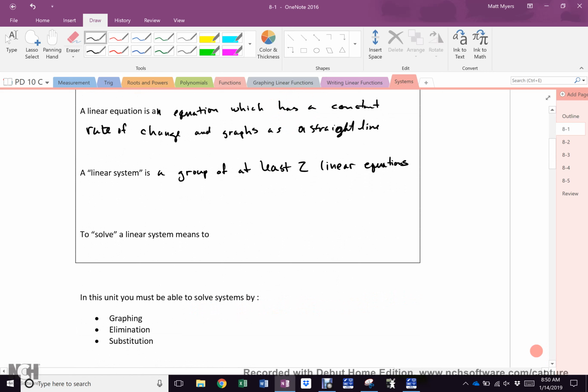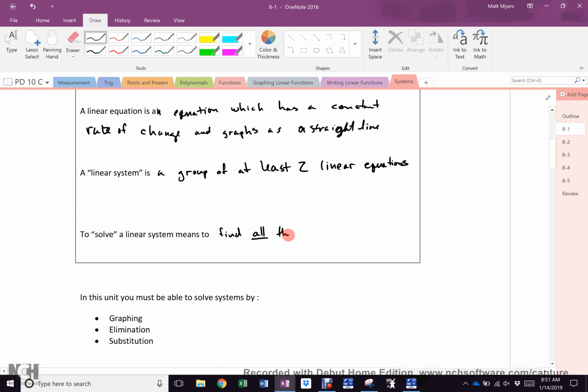Right? Okay. What does it mean when I say solve something? To solve something is when you find the answer, like the unknown. The unknown. Excellent. Absolutely correct. You find the unknowns, right? But in a system, that's difficult because there's more than one unknown. So to solve a system means to find